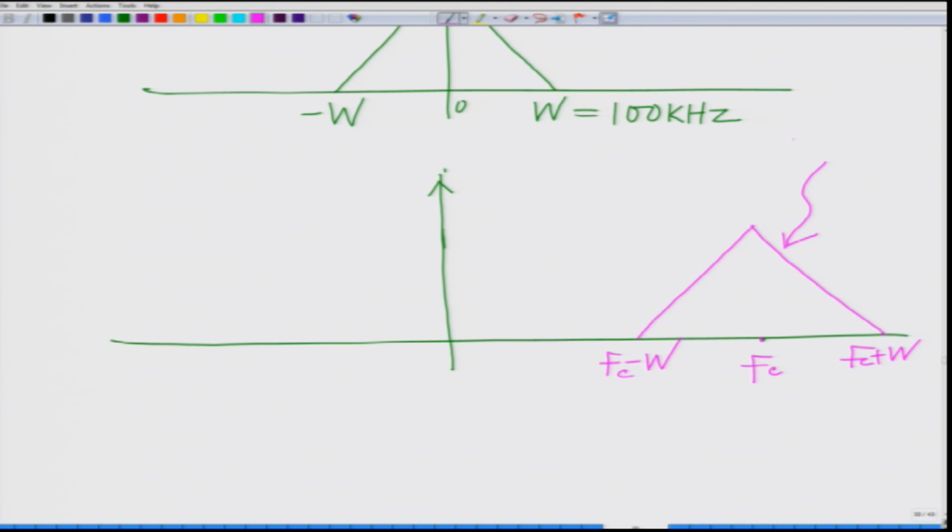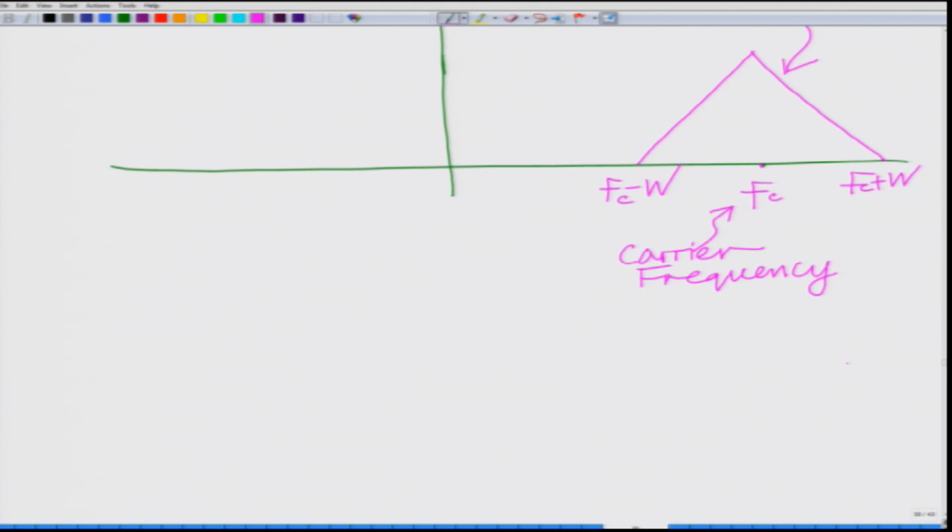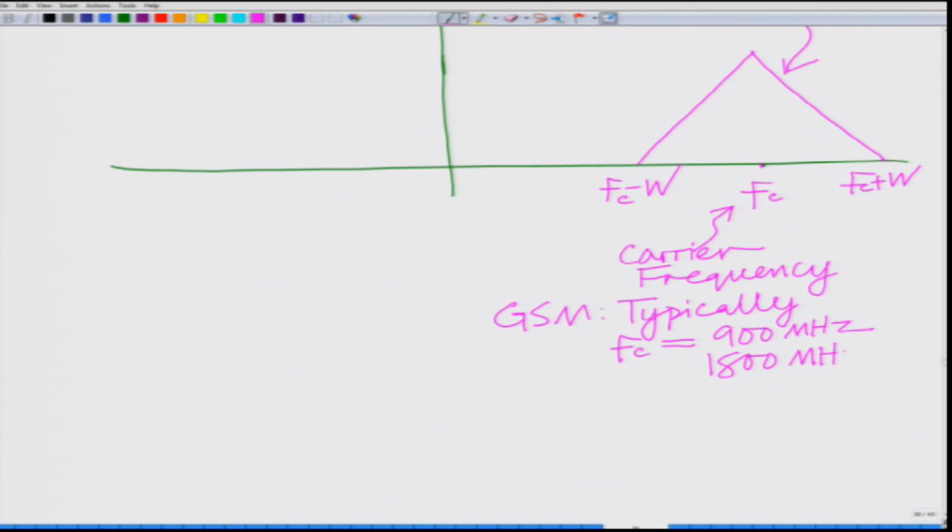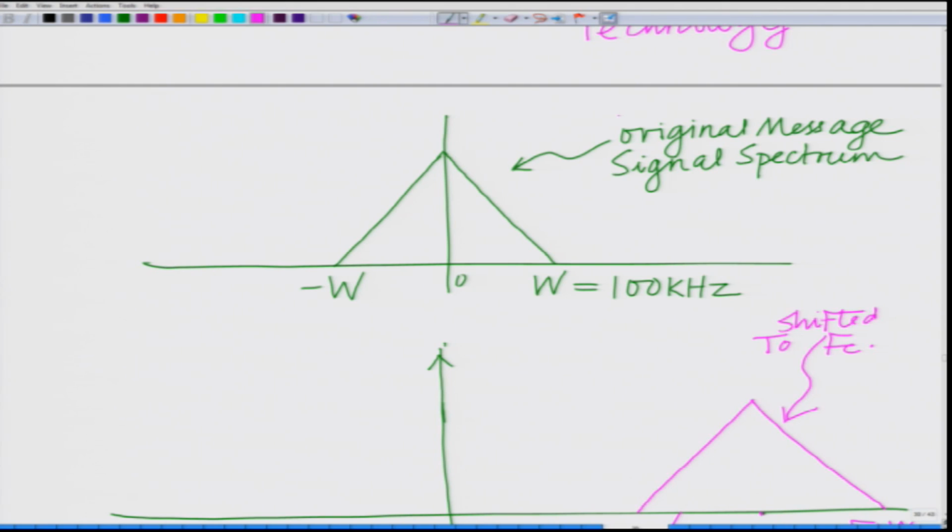So, this is shifted to Fc. We have already seen Fc is the carrier frequency, and in GSM typically Fc equals either 900 megahertz or 1800 megahertz. So, what you are seeing here is that you have an original GSM signal, the message signal, which